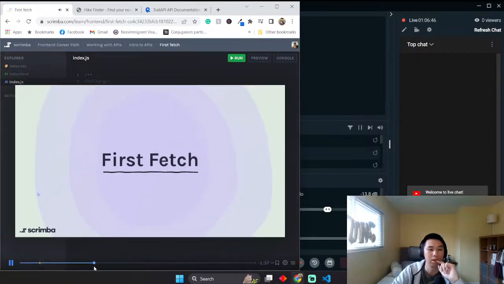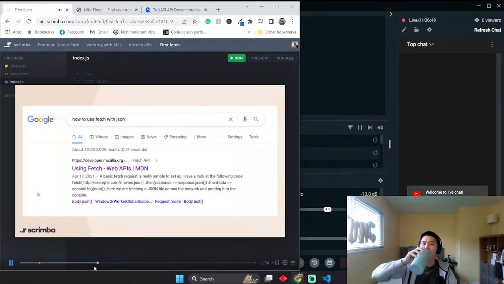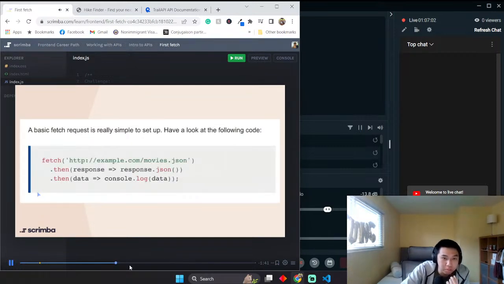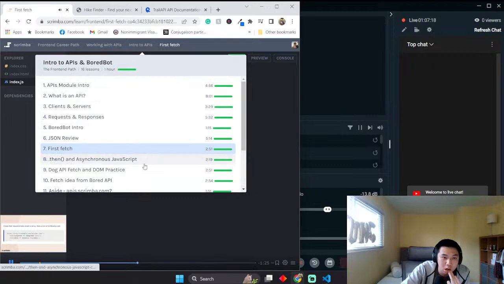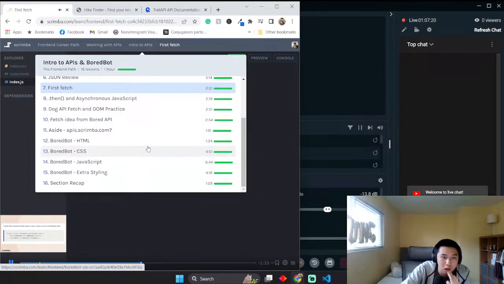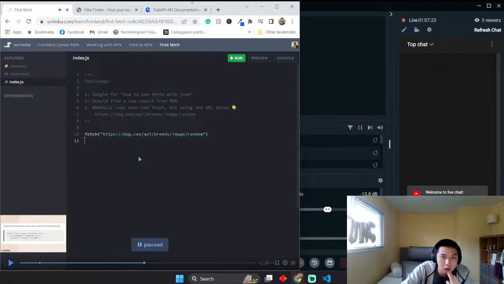Okay, well, I took a couple of screenshots just to show what my results look like. So I searched for how to use fetch with JSON, and at the very top result was the Mozilla Developer Network, or MDN, article on using fetch. And in that article, it led me to this example where it has fetch, a URL, and two .then blocks after it. So we are going to do that. We're using the keyword fetch. This is a built-in function to JavaScript. We are going to use this URL. You didn't have to manually copy over this URL, just copy and paste is fine. And in our